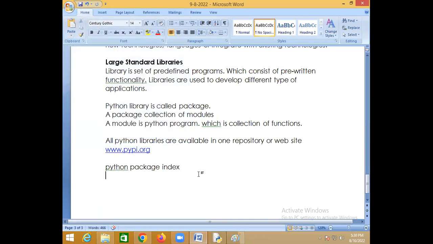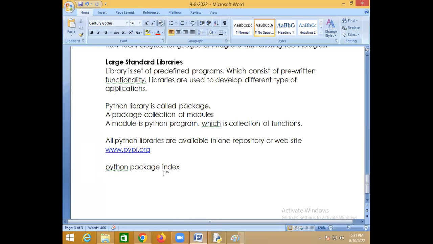Whenever you install the Python software, you don't get all the libraries. You get only standard libraries.